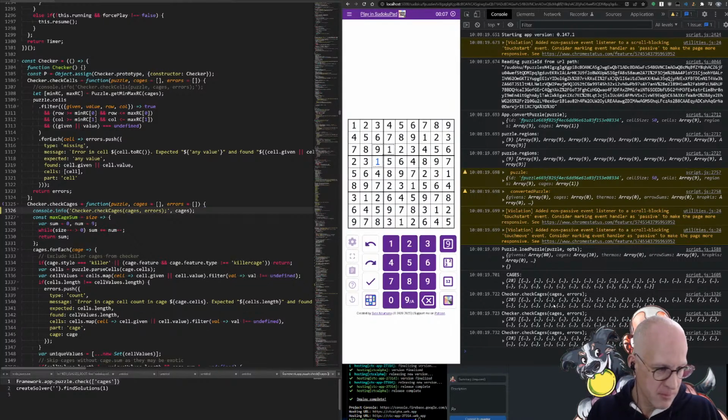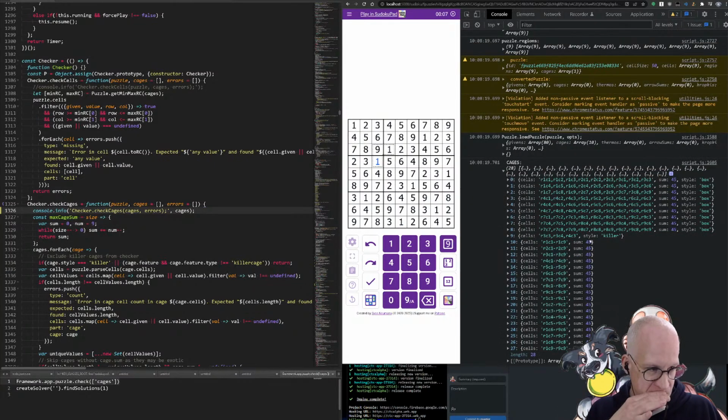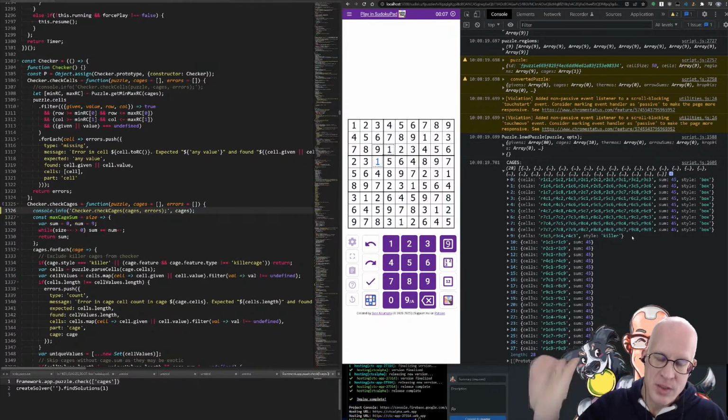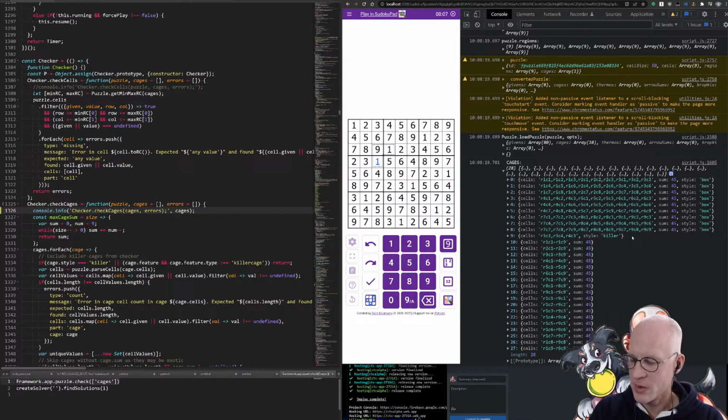All right, so cages. Because it doesn't have a sum, that's why. If you give it a sum, it will check it. Because basically, the choice I made at the time was that if it doesn't have a killer sum, well,